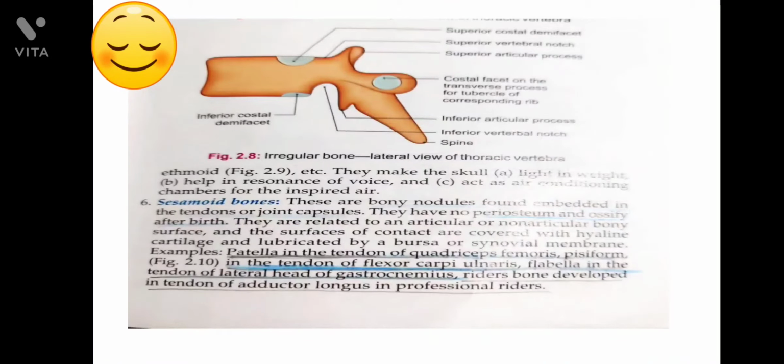Next in this classification are sesamoid bones. These are bony nodules found embedded in tendon or joint capsules. They have no periosteum and ossify superficially. The surfaces of contact are covered with hyaline cartilage and lubricated by bursa or synovial membrane. Examples: patella in the tendon of quadriceps femoris, pisiform in the tendon of flexor carpi ulnaris,